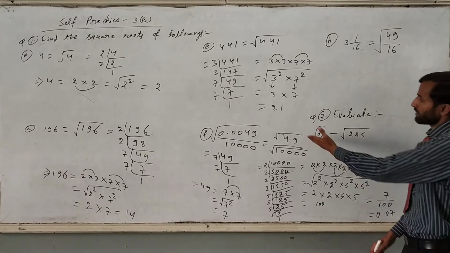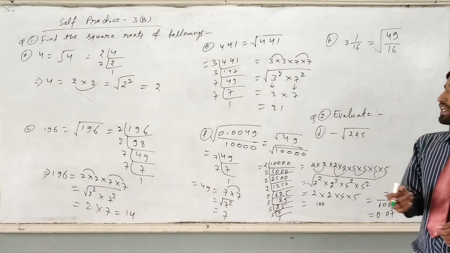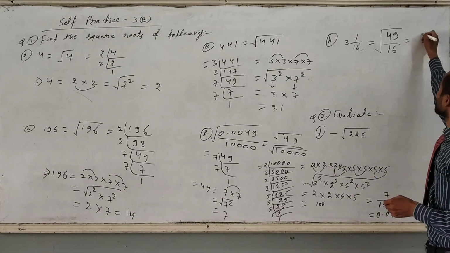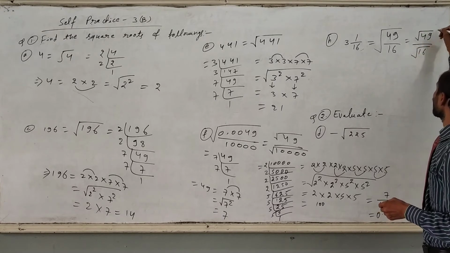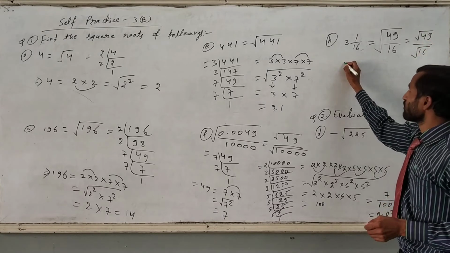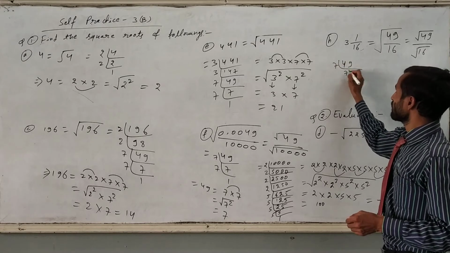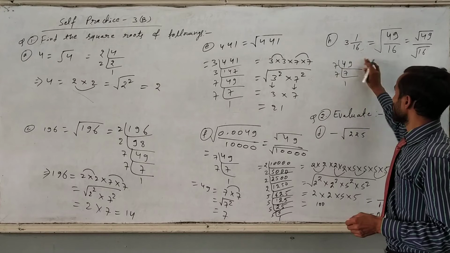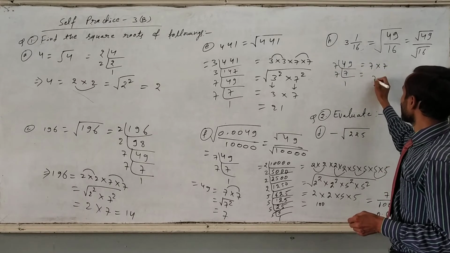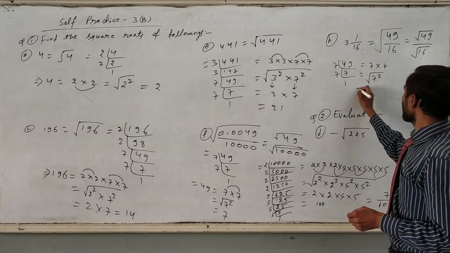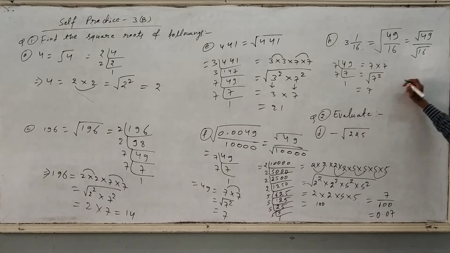Again, just follow like this separately. Find the square root of numerator and denominator separately. Means 49 and 16. Just factorize 49 and 16 separately. So first of all, I will factorize 49. 7 7s, 7, 1 will come. So 7 into 7. So it is a pair, 7 power 2. So we can take outside 7. So square root of numerator is 7.